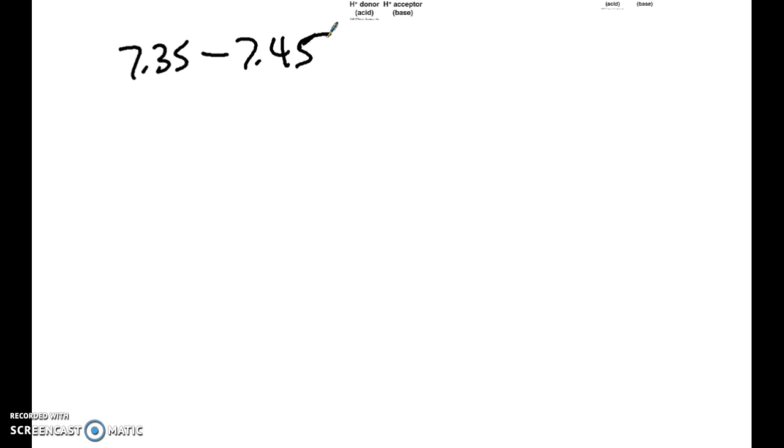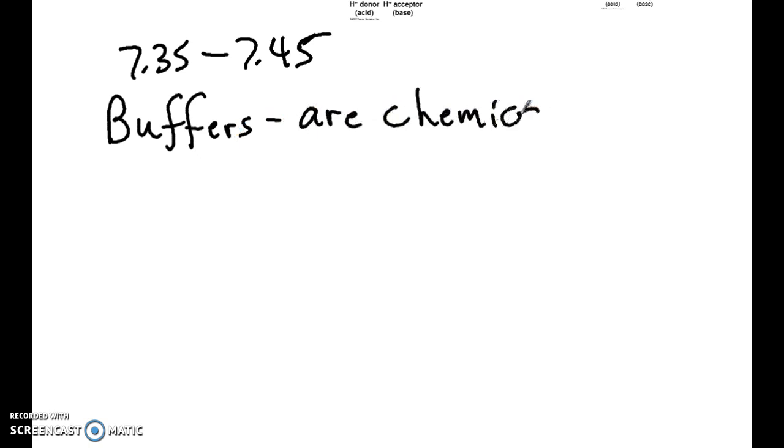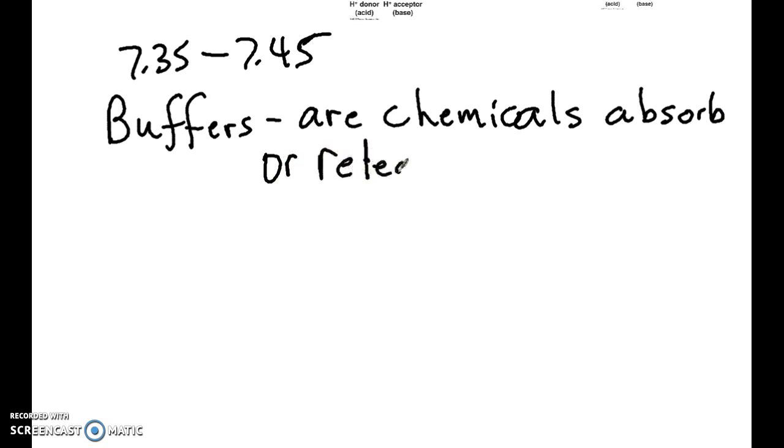And it's also true when we're doing certain chemical reactions. They work best if they're in an acid solution or a basic solution. So we don't want them to change drastically. We want them to stay about the same. And to do that, we use what are called buffers. All right? Buffers, basically, are chemicals that can absorb or release hydrogen ions or hydroxide ions to keep